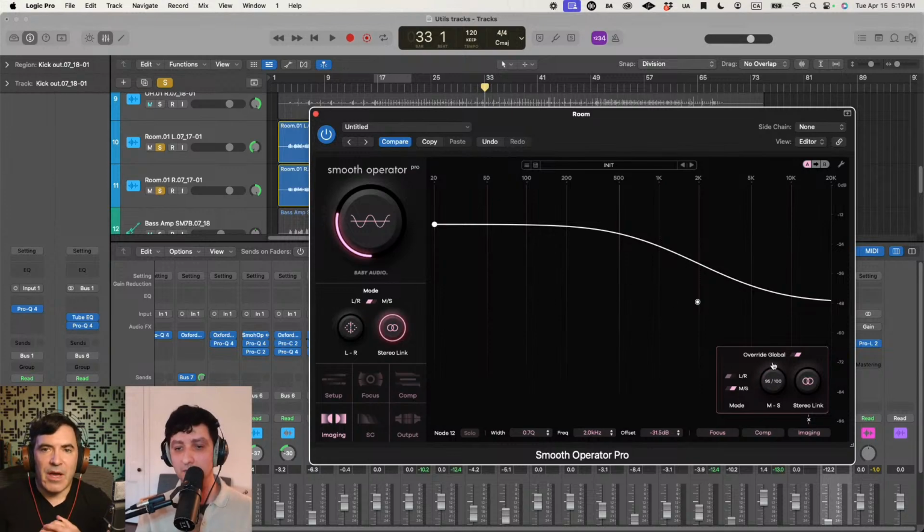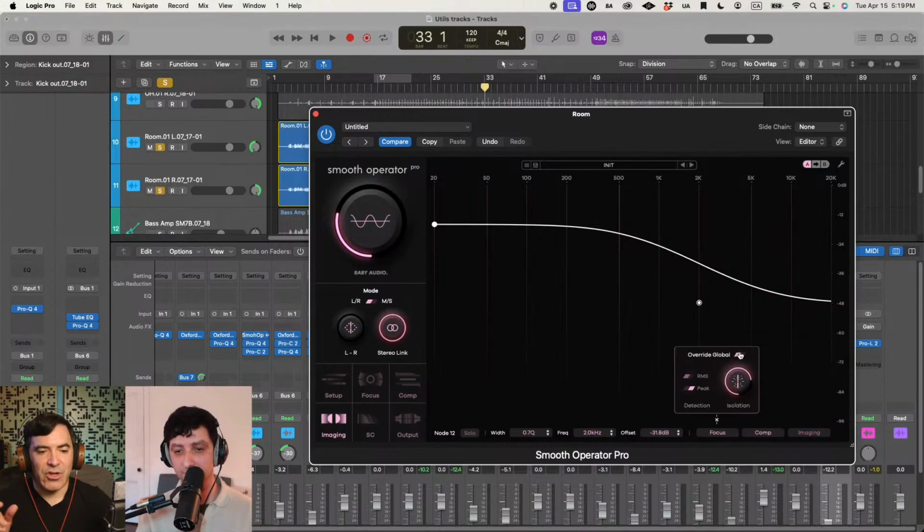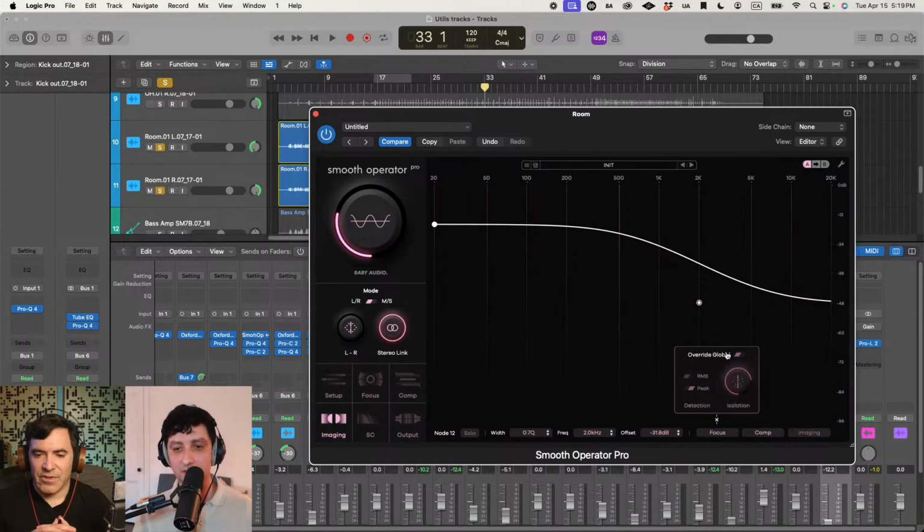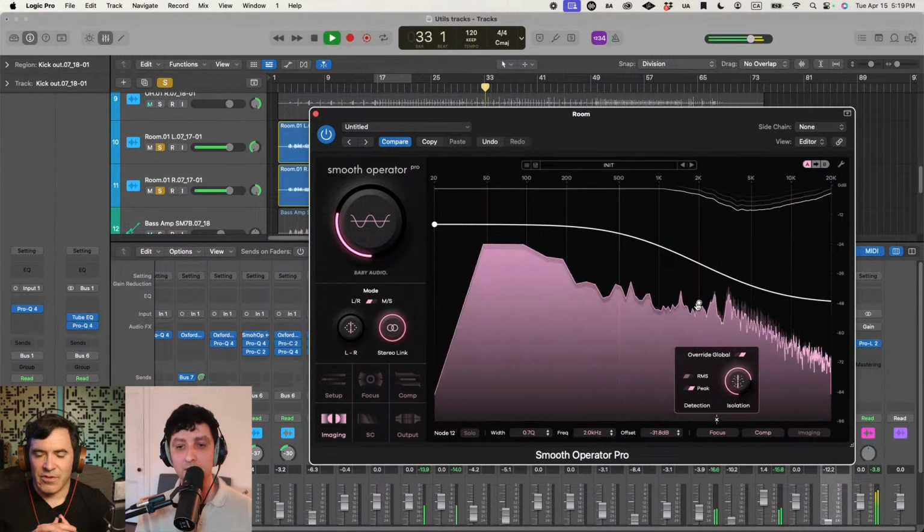So you could be more specific with the frequencies in the lows versus in the highs. You can change the density. It looks like you can also change the compression features and some of the other stuff per node. So all these changes you're making right now are just to the high frequencies. Yeah, and maybe I'll go through them starting with the focus as you suggested. To get them going on their own, independent of global controls, you have to override global with that little toggle there. And then once you've got that,